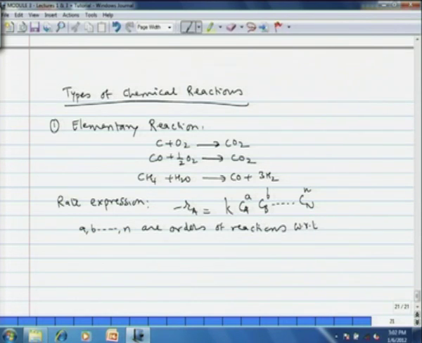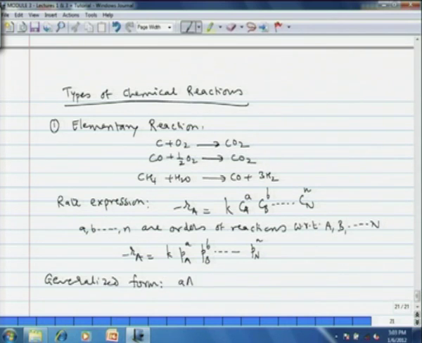where a, b, n are orders of reaction with respect to A, B, and the species that are involved. If it is a gas phase reaction, then you can also write the rate expression in terms of partial pressures, P_A, where P_A is the partial pressure of A raised to a. The order remains the same, however. Okay. P_A raised to a, P_B raised to b, and P_N raised to n. Okay. So these are the simplest type of reactions. We can write a generalized form of such a reaction